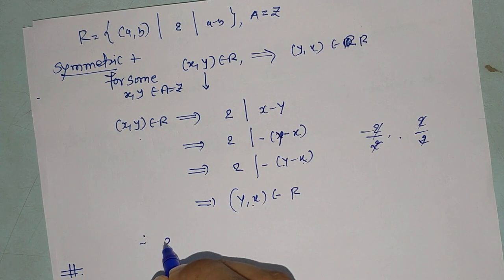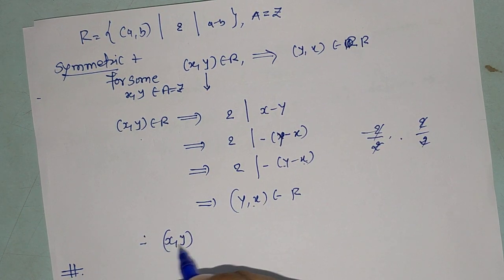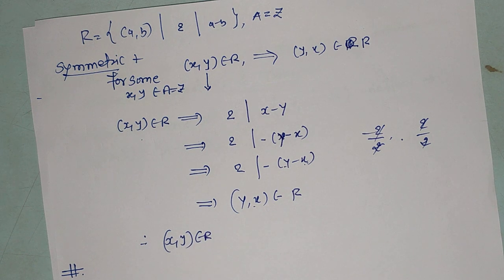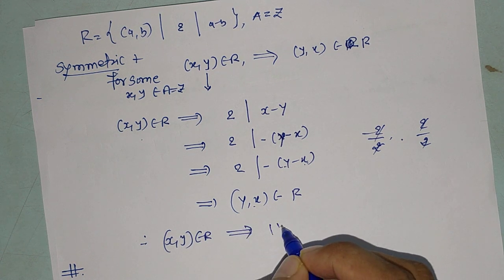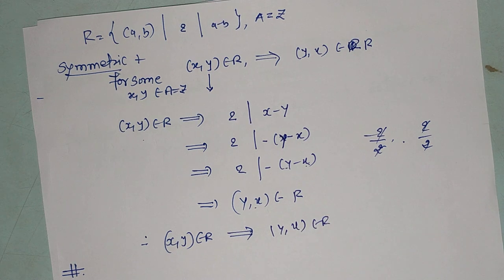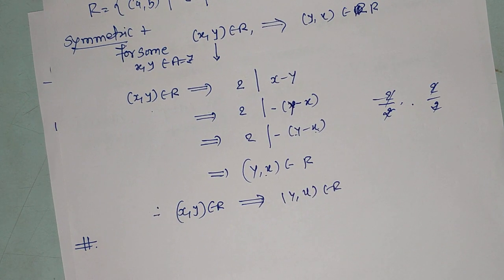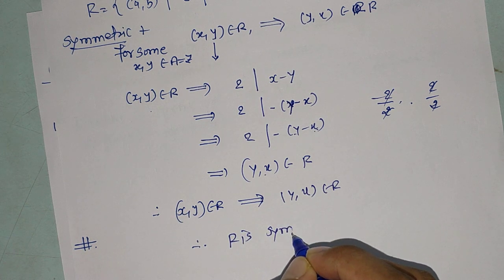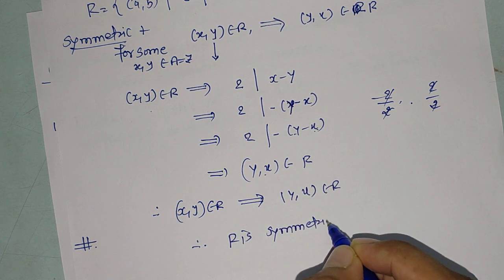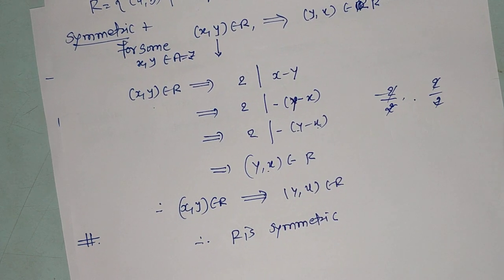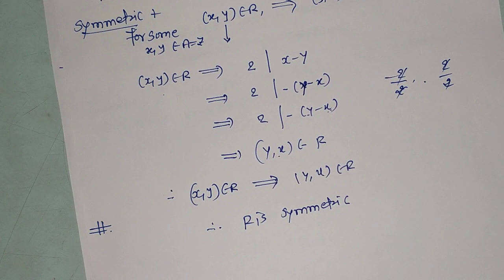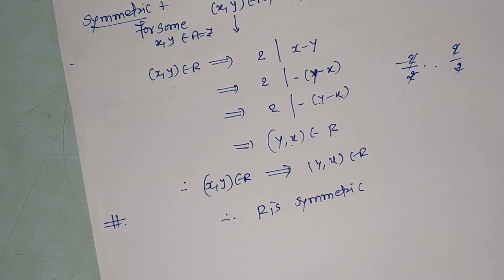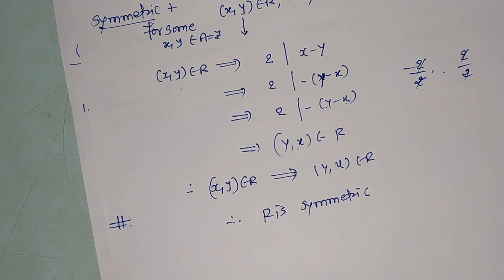So we have proved that if I have one pair (x, y) which is in the relation, it must imply (y, x) belongs to R. That we have proved. Yes, so we can say that R is symmetric. I guess the words per minute are more, so I have to speak slowly. I just observed it. The third property we have to show is transitivity.